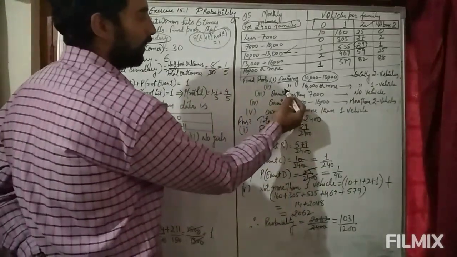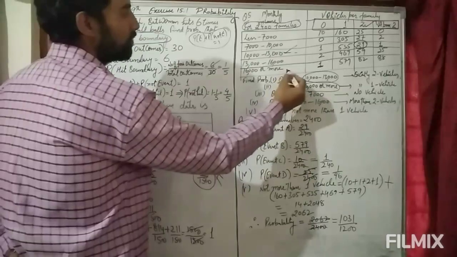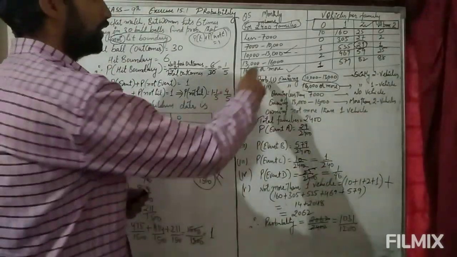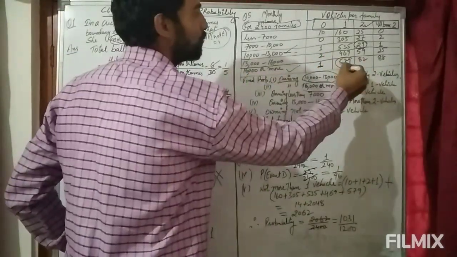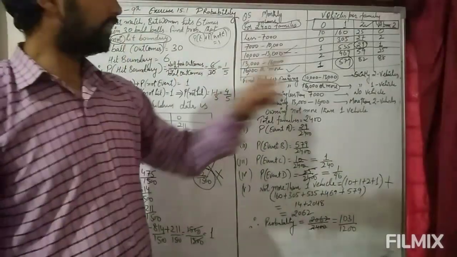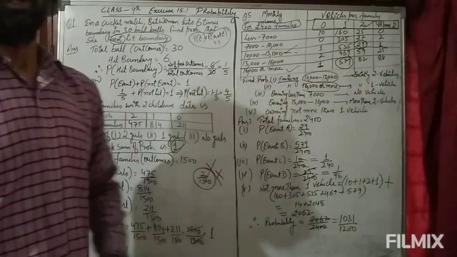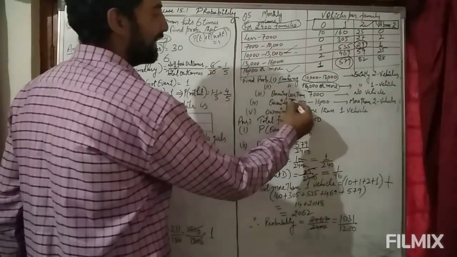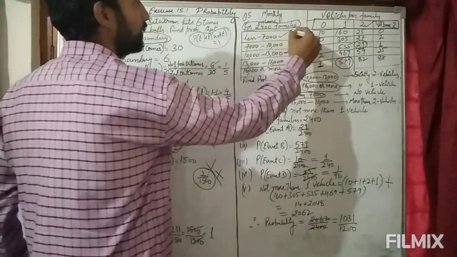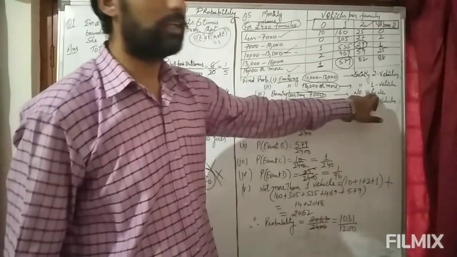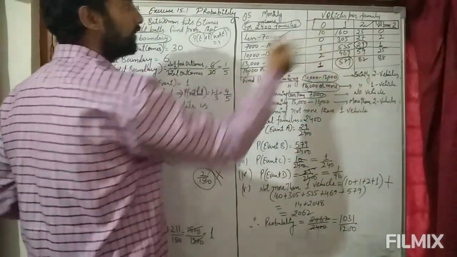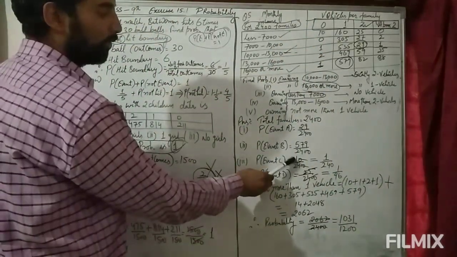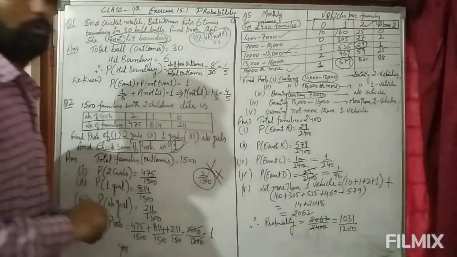Now for the second probability, earning 16,000 and more. This is the slab, and we have to find one vehicle. In front of this, find where the one vehicle is. This is one vehicle. So how many families have only one vehicle? That is 579 upon 2,400. For the third, earning is less than 7,000. That means this is the case. Now they are talking about no vehicle. Check it out: there is the no vehicle category. How many families have no vehicle? 10. So the answer is 10 upon 2,400. When we cancel it, it becomes 1 upon 240.